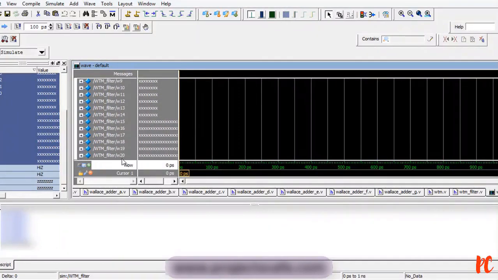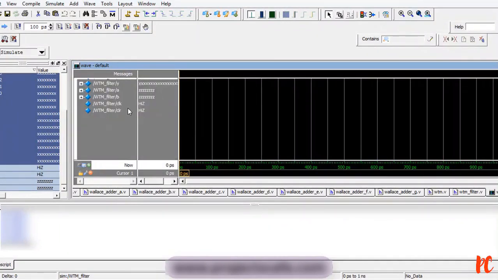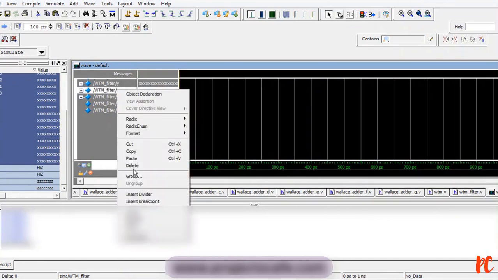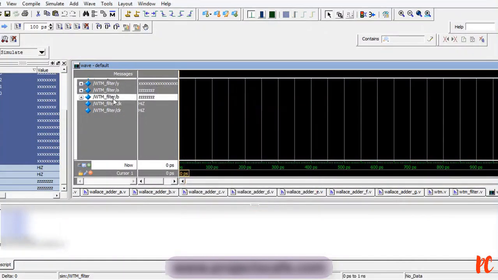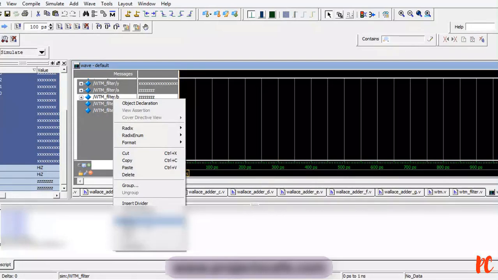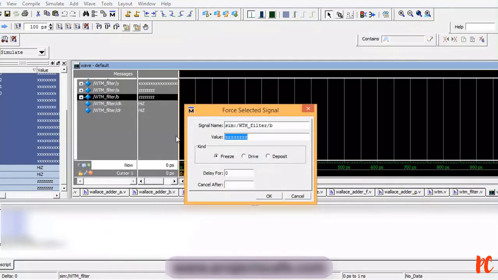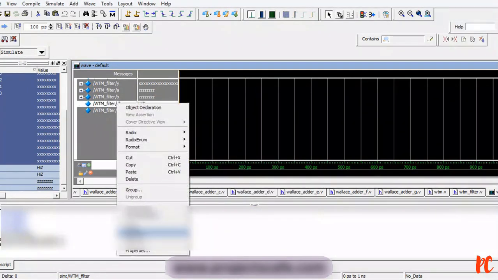These are all intermediate signals, right? Now we are bothered about these. Let me force a value, 0 0 0 0 0 0 1 1, followed by 0 0 0 0 1 1 1 1, with a clock signal.